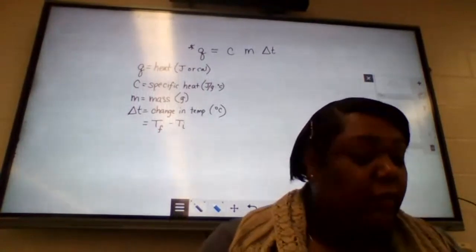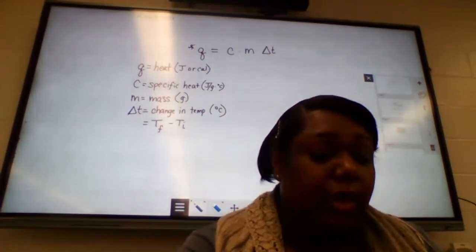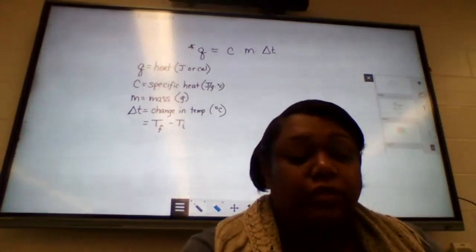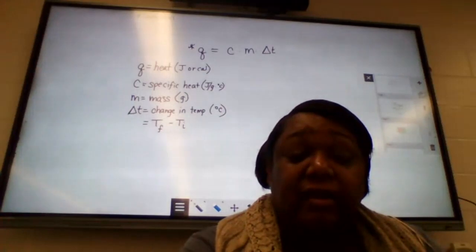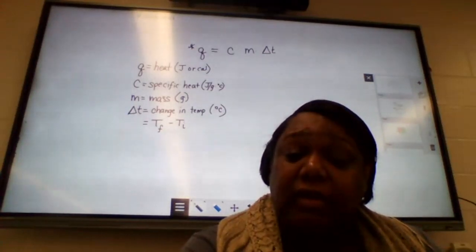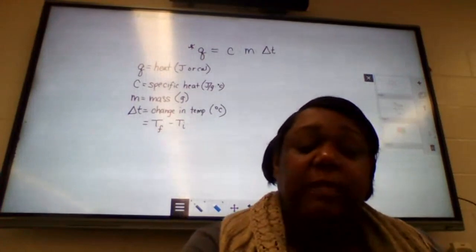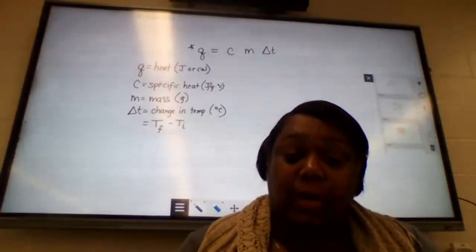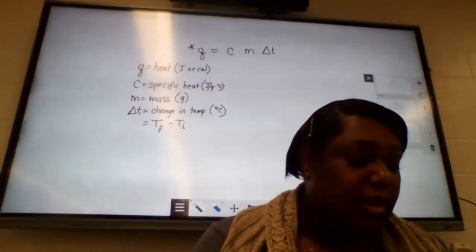So your book gives you several examples of going through problems where you're using equations and doing heat calculations. Biggest thing is you've got to make sure that your units match up with what you're given in the problem. So if they give you a mass and it's not in grams, again, remember you've got to convert it to grams. If they give you a temperature and it's in degrees Fahrenheit, remember you've got to convert it to degrees Celsius. Just please make sure that you set up your problem so that those units can cancel out properly.